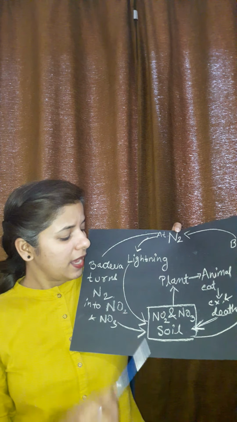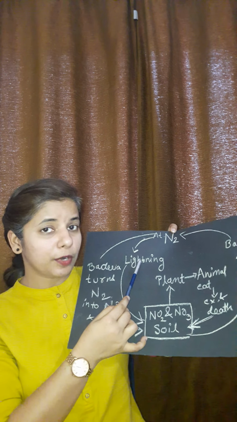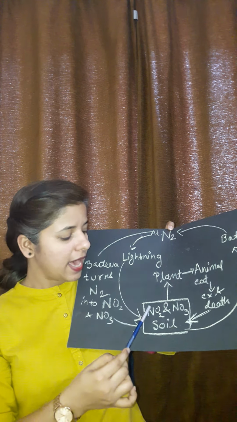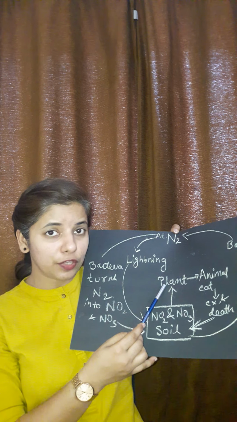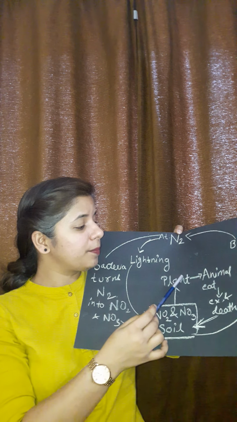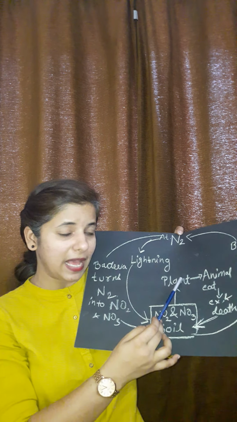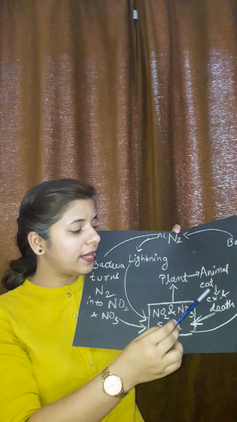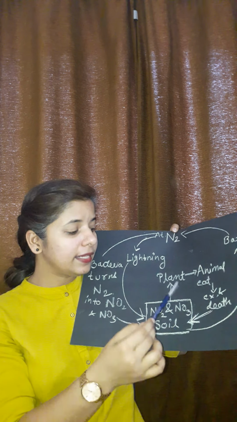So in this way, atmospheric nitrogen, due to the process of lightning, converts into nitrate and nitrite, and then nitrate and nitrite are utilized by the plants for making protein. Then the same protein is transferred into the animals and the humans when they eat the plant, and when the animals and humans die, or when their waste product goes out from their body, they undergo